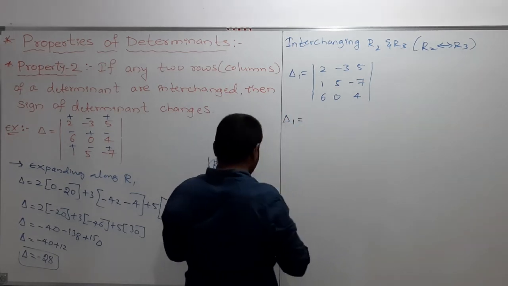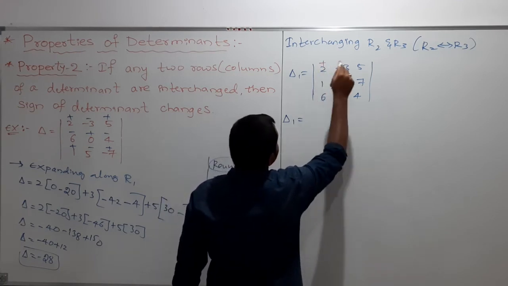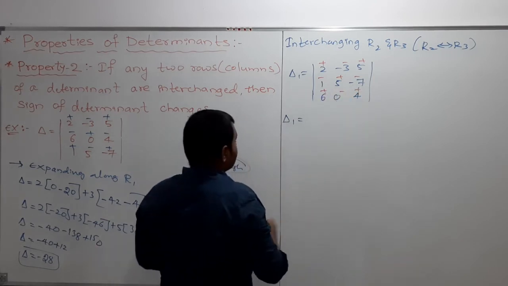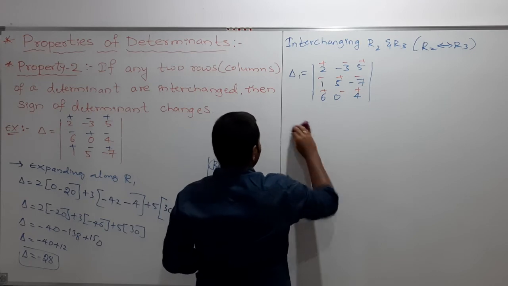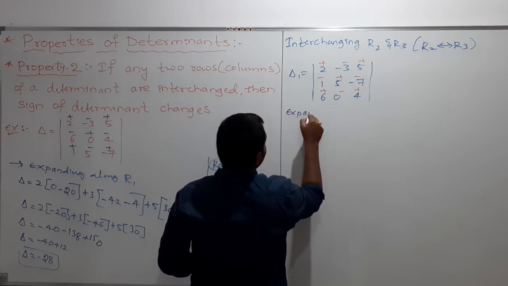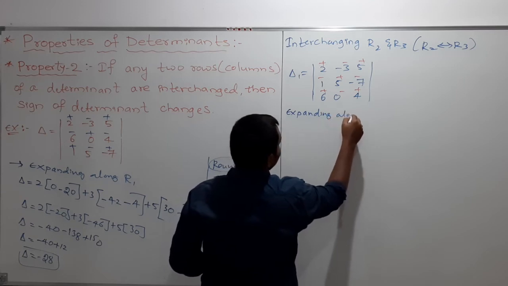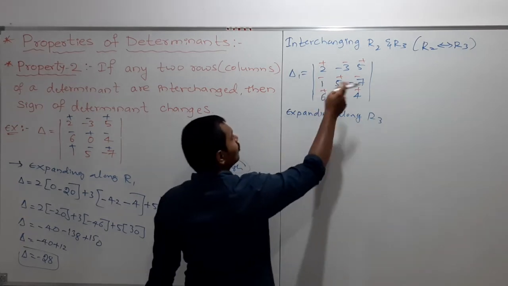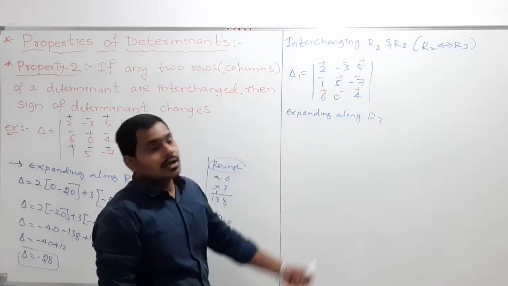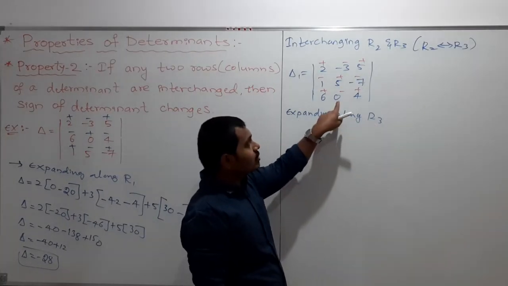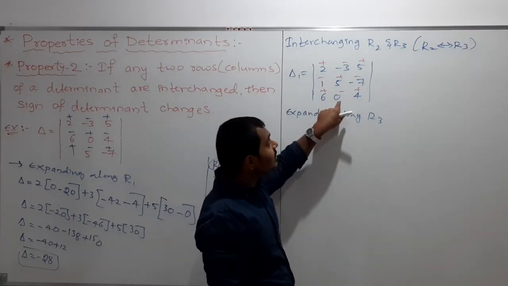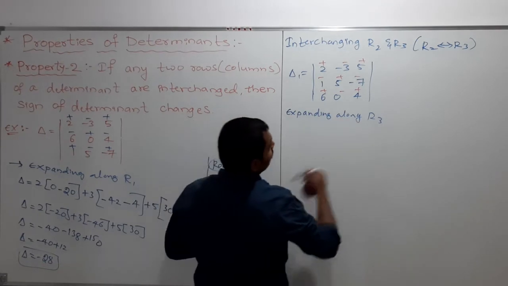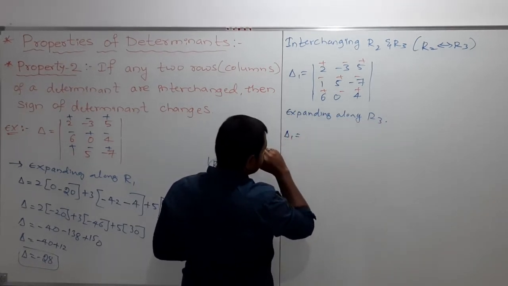So this will again first change the sign: plus, minus, plus, minus, plus, minus, plus, minus, plus. Now I will expand this determinant along row 3. You can expand along row 1, row 2, row 3 or column 1, column 2, column 3, but I am expanding along row 3 because one term is 0, so the simplification will be easier. So if you expand along row 3, delta 1 is equal to